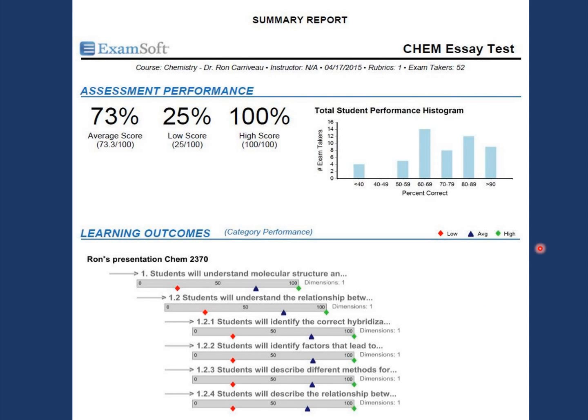And we also showed a summary report for the chemistry exam, since we were using chemistry items last week. And you can again see the structure here with the learning outcomes. So the instructor gets a nice picture of the 3 levels, 1, 1.2 in this case, and 1.2.1, etc. Regardless of the type of assessment, rubric-based or multiple choice. Yeah. Okay. So that's a good review.